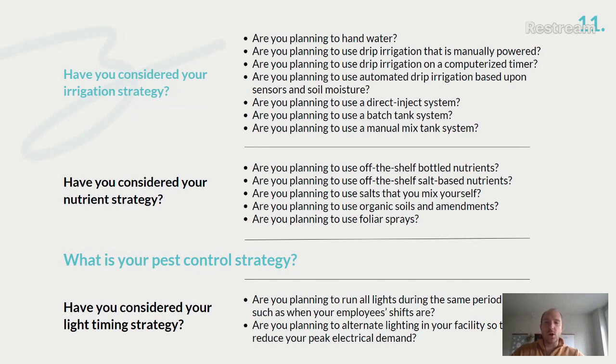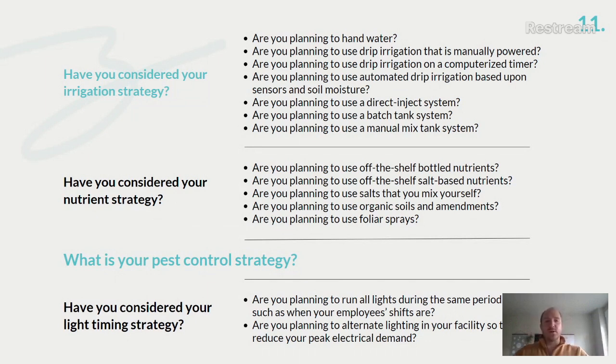And if you make the decision that you're going to just say, hey, listen, we're going to go with something that's tried and true, we're going to go with a bottled nutrient that's Canna, it's the best, and we're going to go with that. Understand that cost is going to be, call it 10 to 11 times the cost as if you bought aggregate salts and mixed them yourselves in the ratios that your team has determined to be appropriate. Just understand that in order to drive those costs as low as you can, you may want to be mixing your own salts or mixing your own nutrients if they're organic soils and amendments to really execute on that vision that you have for your end product.